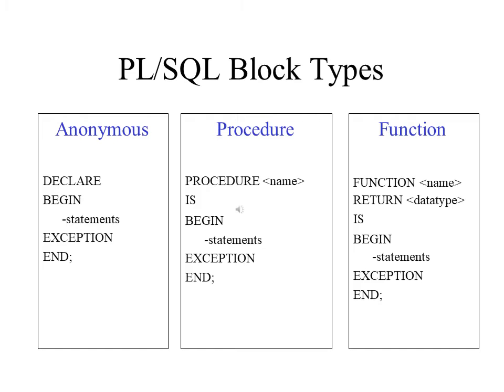For example, to find the greatest number with anonymous blocks, you have to declare the variable ABC, and a number is given to the ABC. After that, begin the start. Then